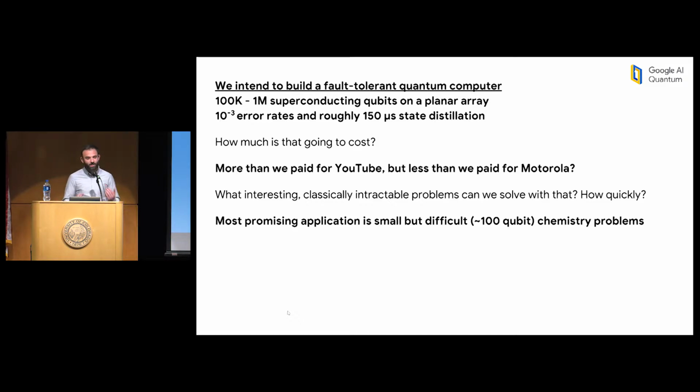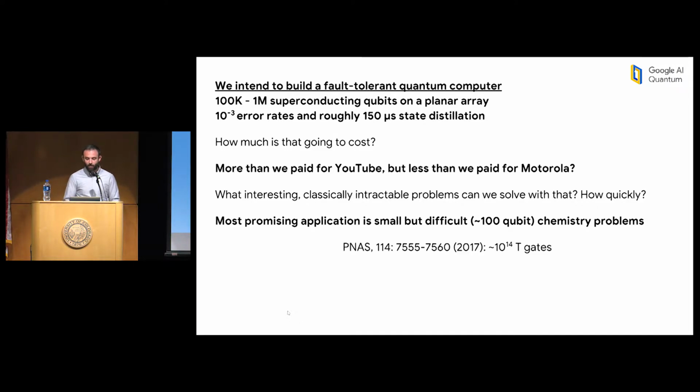So for a device this small, you're not going to have a lot of logical qubits. So applications like factoring and many problems in optimization are not that enticing. One of the most promising applications we do have is simulating small but still classically difficult problems in quantum chemistry. There's obviously been a lot of work in this field, but surprisingly, there's only 2 papers to date which have gone all the way to the level of Clifford and T gates